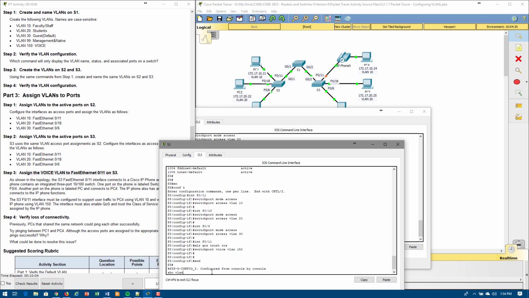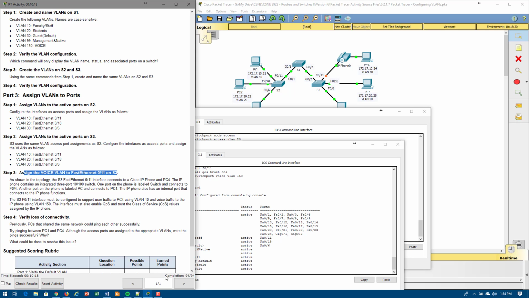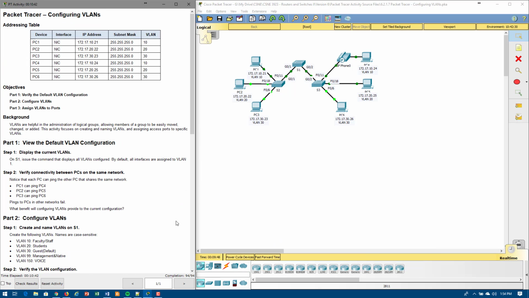So now I'm going to do a show VLAN brief on here, and we can see that Fa0/11 is on 10 and 20 and 30, so those are all configured correctly. At this point, you can see that once I did the voice VLAN, my completion percentage jumped up to 100% complete. I don't want to leave it at that because if you're paying attention, you'll know that we can't ping